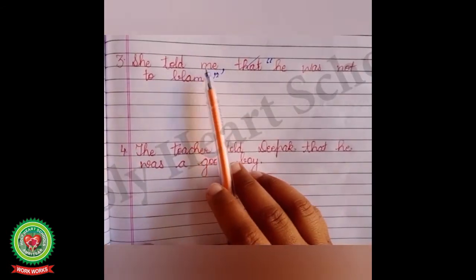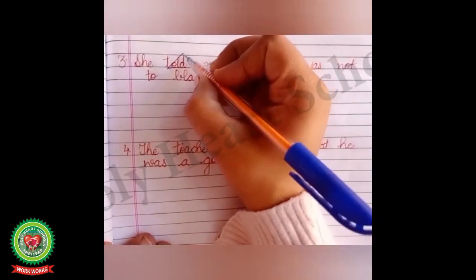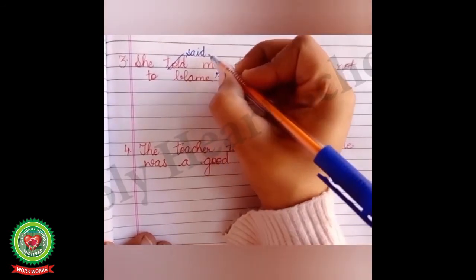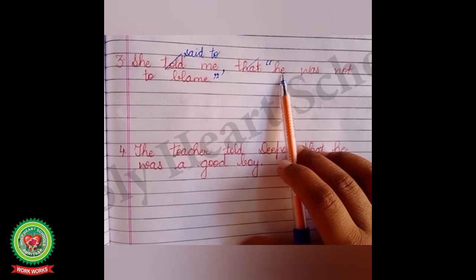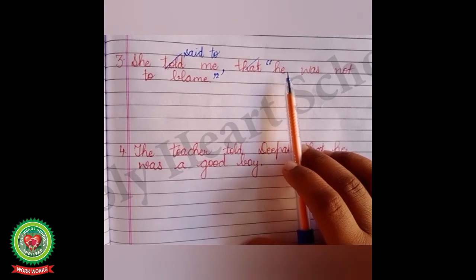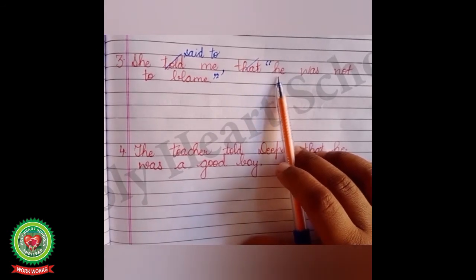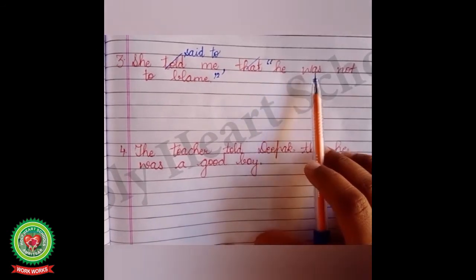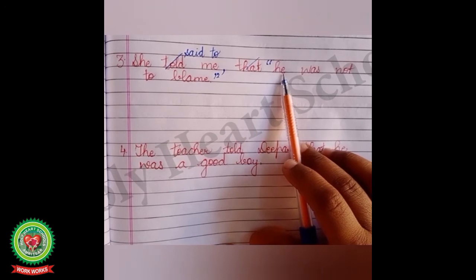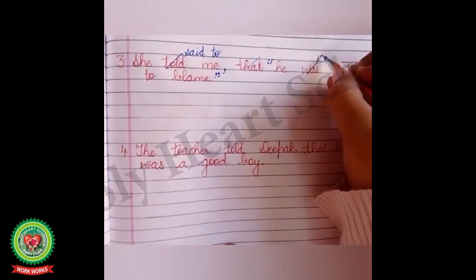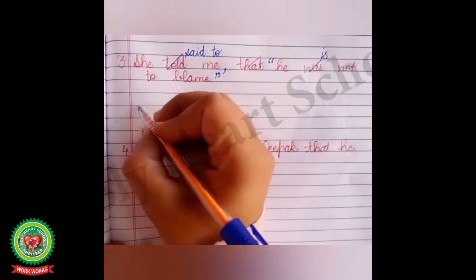She told me. Children, told will change into said to. Children, here our pronoun is he, and he is our third person pronoun. We know that a third person pronoun does not change, so he will remain the same. Was will change into is or are, but with he, what do we use? Is. So our answer is, she said to me,